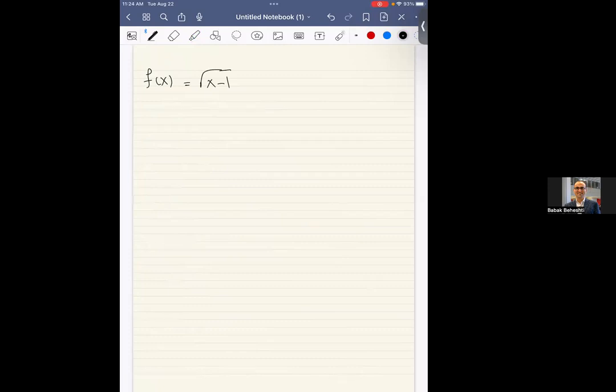So the question is, find the function g of x such that